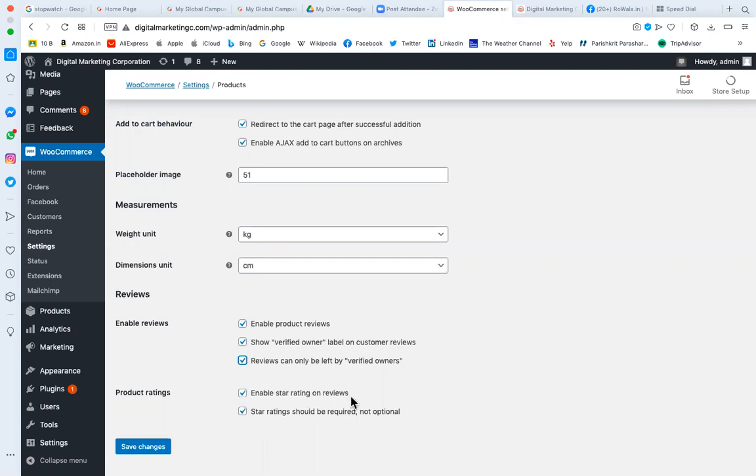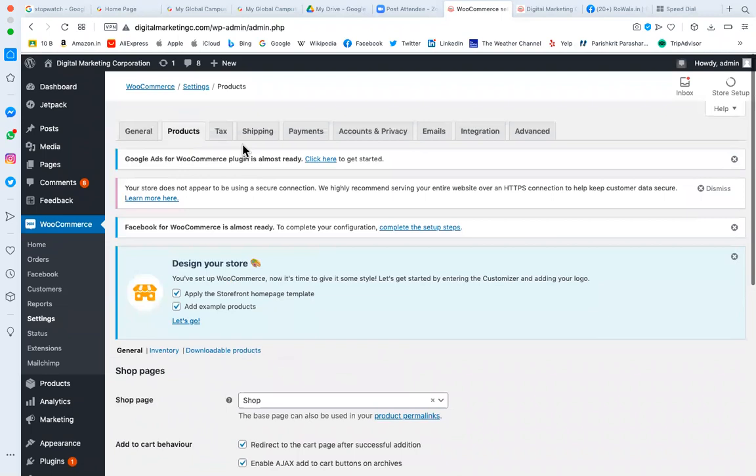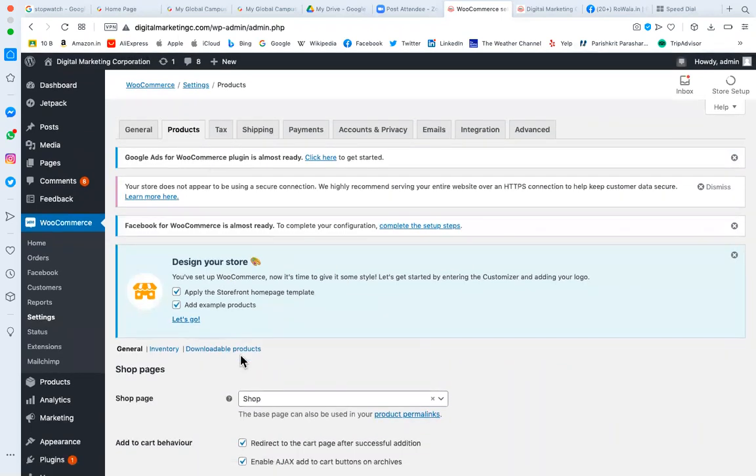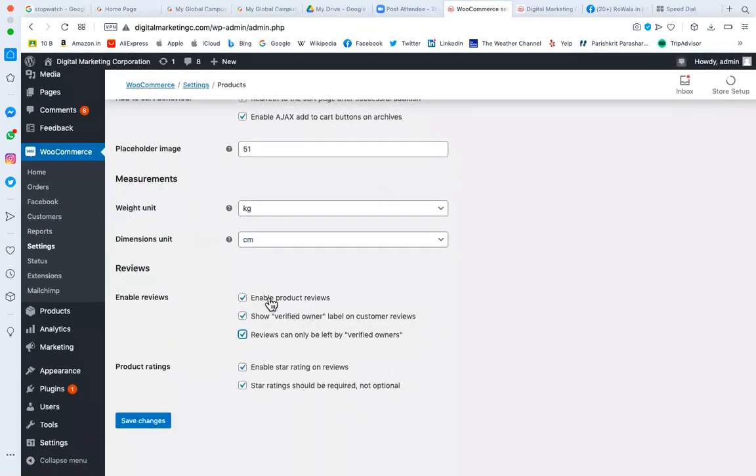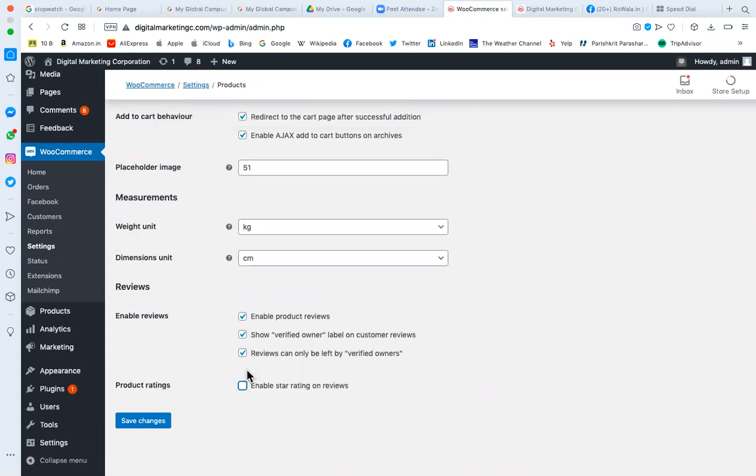Enable star rating on the review. Now it's all about the product detail. We are talking about every product page, where this will appear. On every product page you have to enable or disable the review. It's not product specific. If I keep it disabled, that means not a single page can have the star rating.